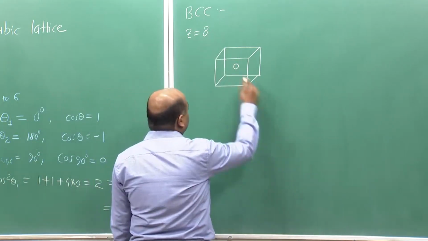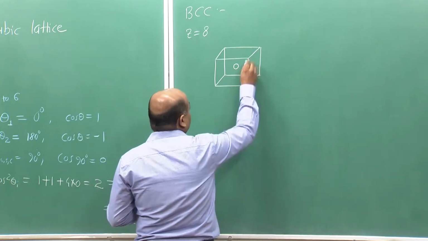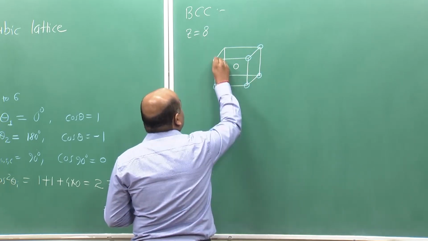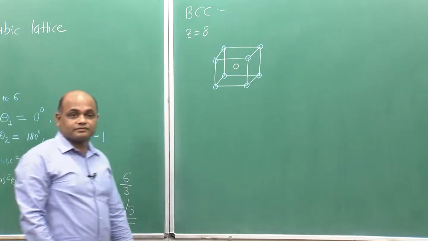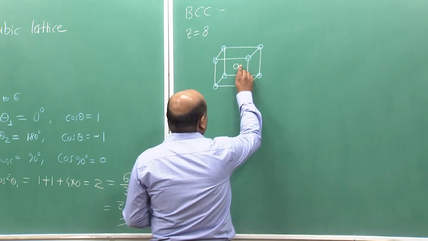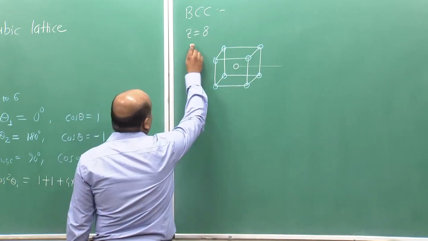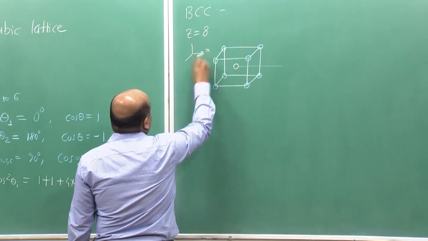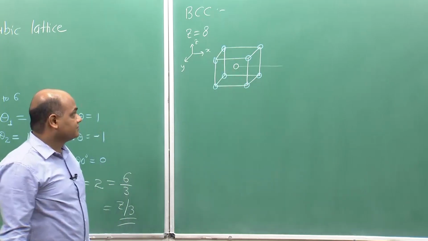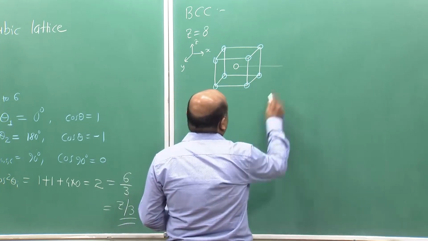So, for the body center, all nearest neighbors are located on the corner sides. So, we can see if this is our x direction, let us call this x, y, z. If this is the diffusion direction,